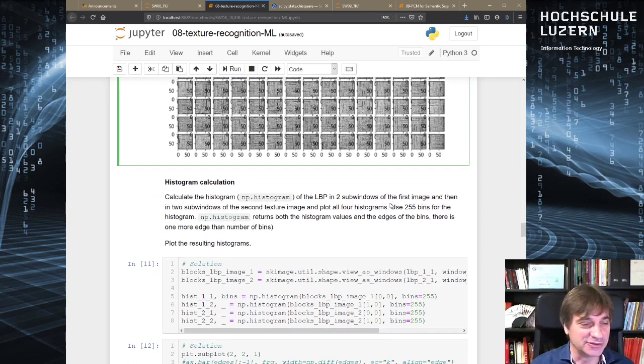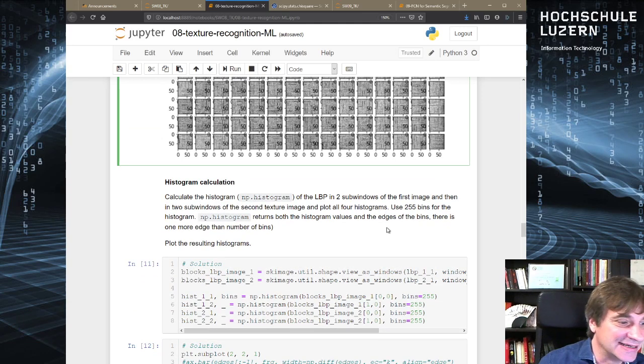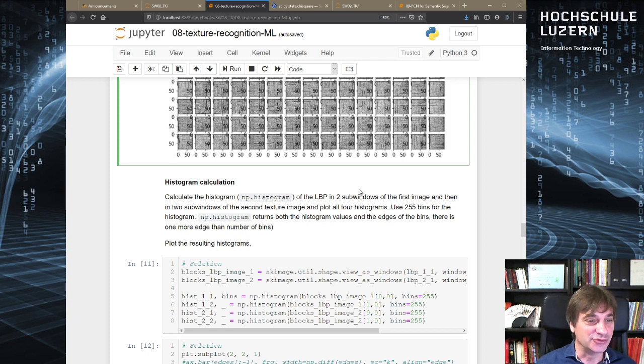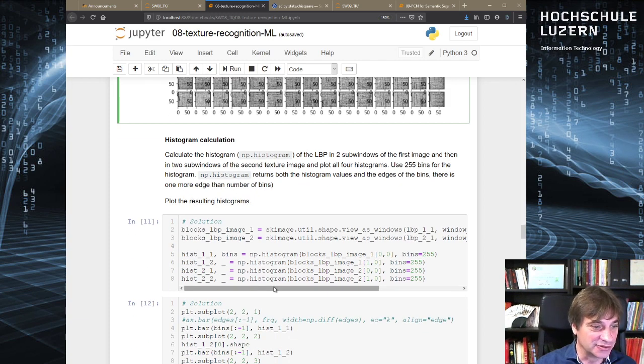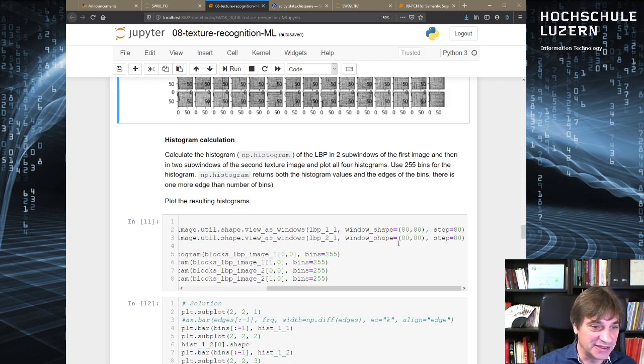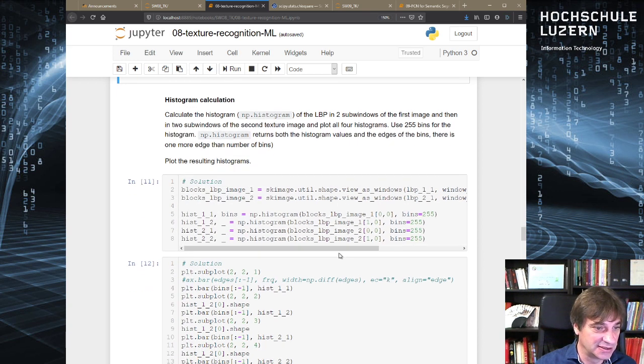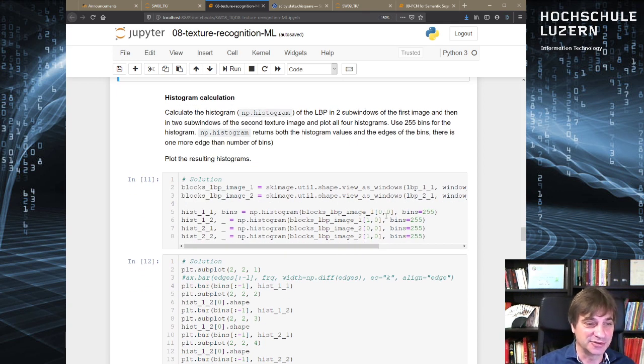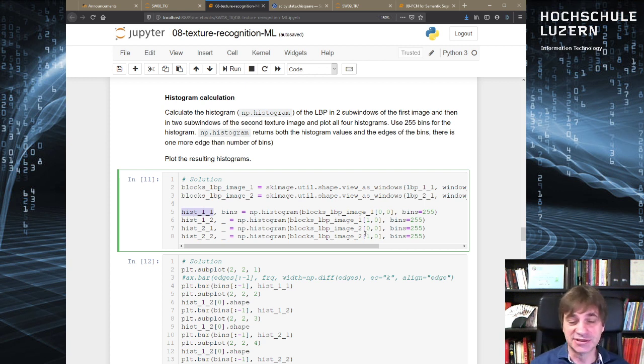Okay, and now to do the texture recognition, the idea was to use the histograms in two of the sub windows. So I just looked at different windows, so some arbitrary, the first and the second window on one of the images, and then the same on the other images. And what do we actually want? We want to find out if the histograms look similar from the same image as compared to from a different